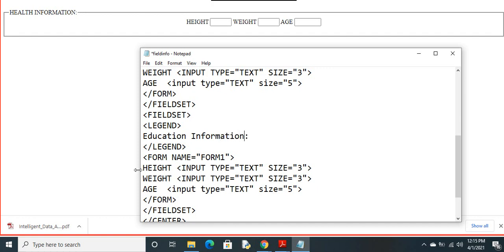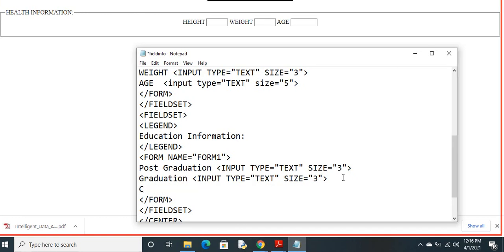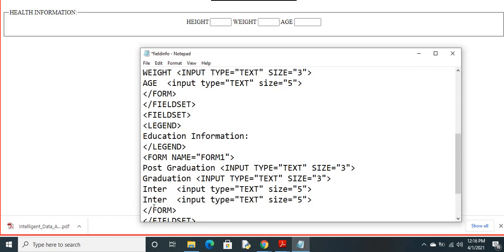Now here I'll type, sorry, first I'll make it post graduation, then graduation, third one inter, and I'll go with one more, SSC.